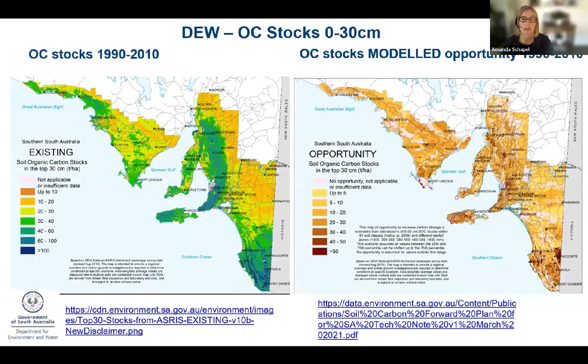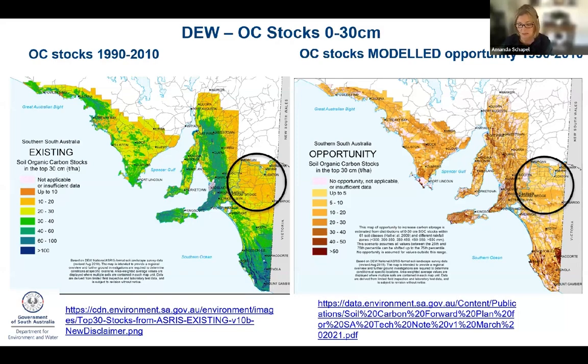Our Department of Environment and Water utilised our soil mapping data, so that was collected between 1990 and 2010, to create an idea of carbon stocks that would be expected. So the graph on the left there shows what the actual carbon stocks are in the areas, and it's a colour-coded system. The area for the Mallee is in that lower rainfall sandy soil. So we're looking at between up to 10 to 20 tonnes of carbon existing in those areas. No brainer that higher rainfall, more systems with pastures are getting much more like between 60 and 100 tonnes of carbon in their 0 to 30 centimetres.